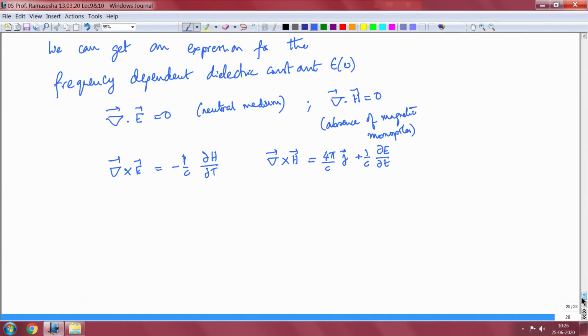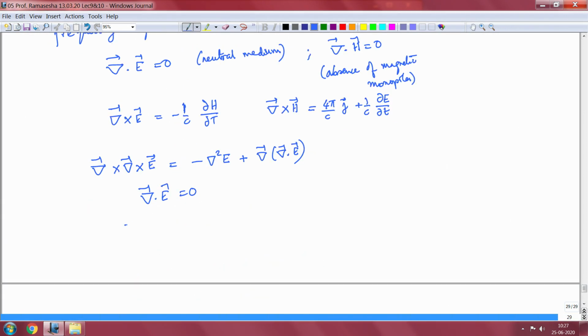What we will do is look at del cross del cross E. So this is actually equal to minus del squared E, plus gradient of del dot E. It's quite easy to work out. I will leave it to you to do it. Now in our medium, del dot E is equal to 0. So because of that, since del dot E is equal to 0, what we have is del cross del cross E is equal to minus del squared E,